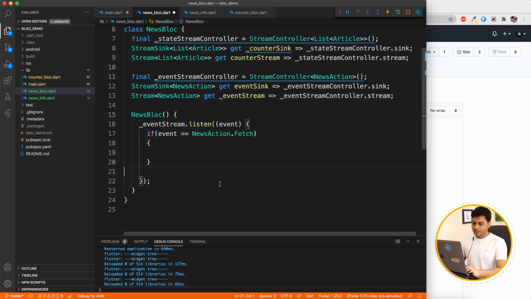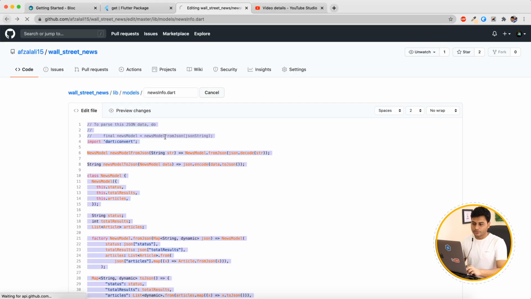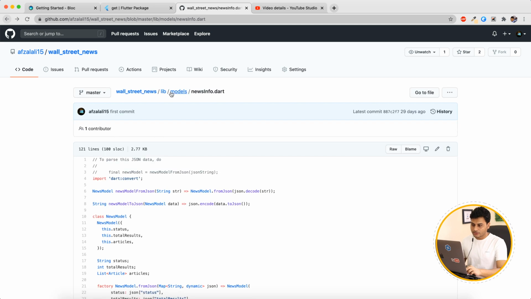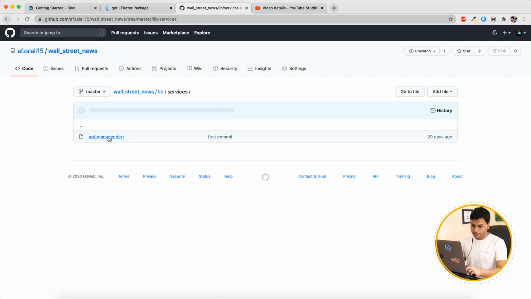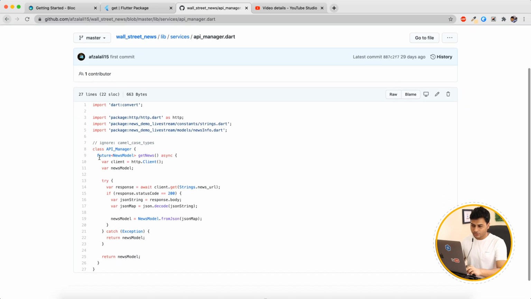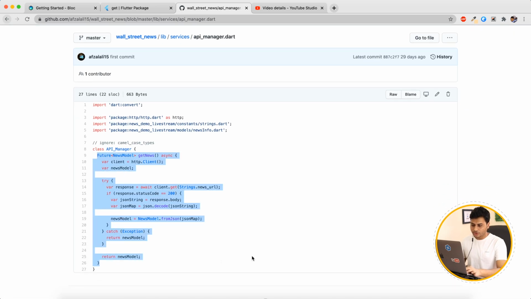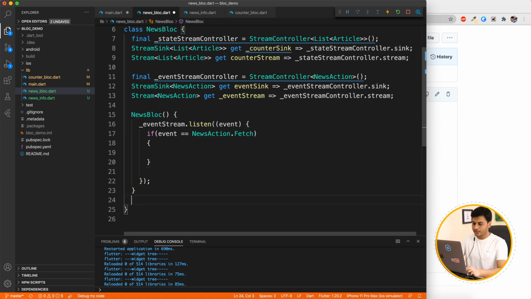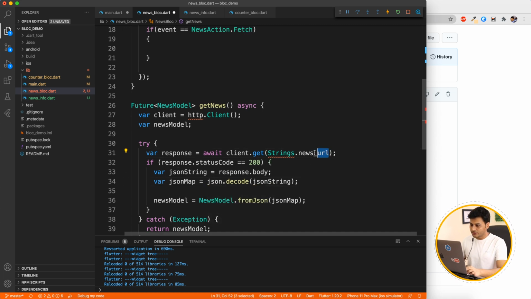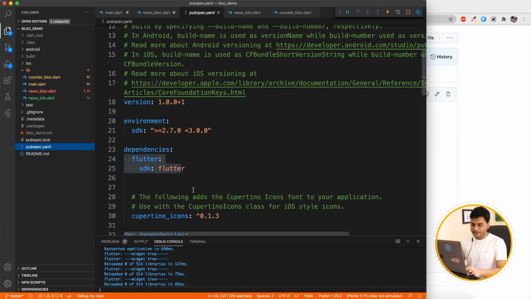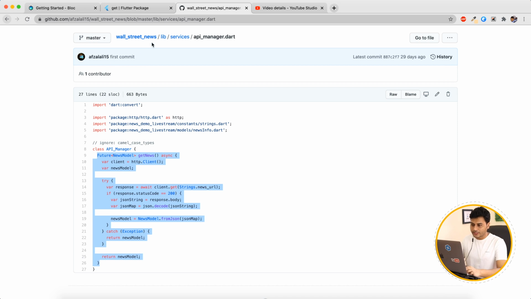All right, and now at this point of time, I'm going to copy this service, not the model, which is fairly simple, just a few lines of code. Only this method I'm going to copy and paste over here. It takes JSON, which is an inbuilt thing from dart convert. It takes this URL, so I'm going to remove that and add our custom URL. And the HTTP, of course, we have to add the HTTP library. So I'm just going to copy that as well,